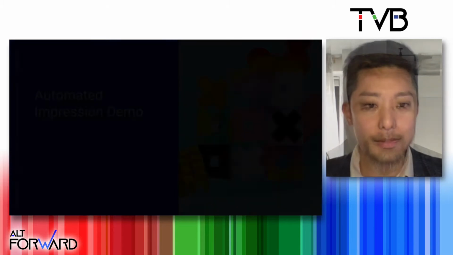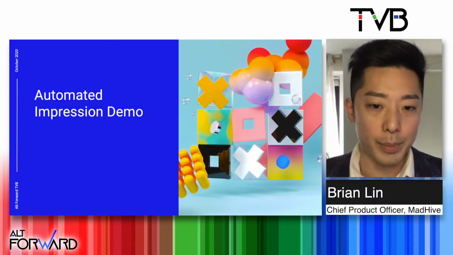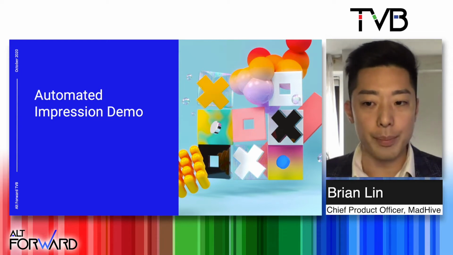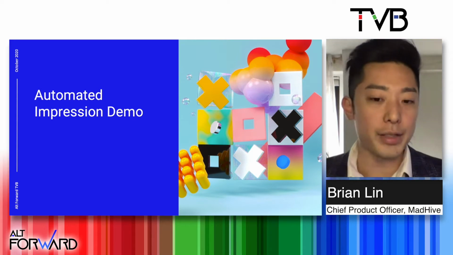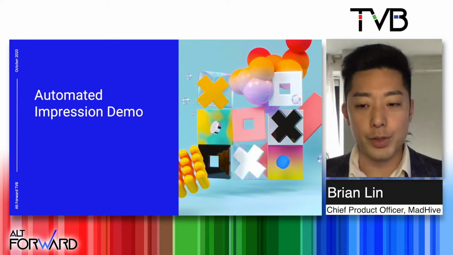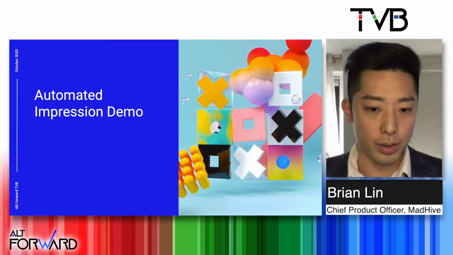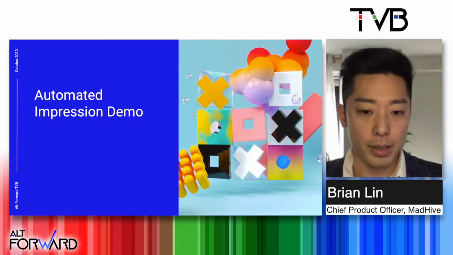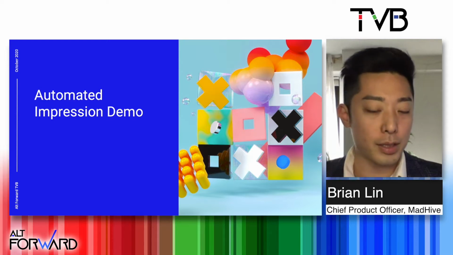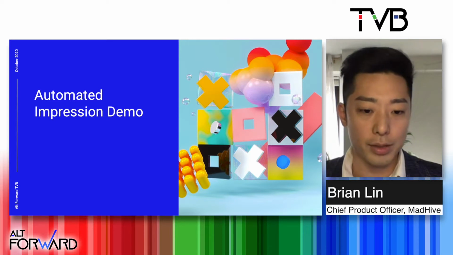Thank you. Hi, everyone. Thanks for the opportunity to speak to you today. My name is Brian Lin. I'm the Chief Product Officer at MadHive, a software platform that uses next-generation technology to power advanced advertising. MadHive is the first and only end-to-end platform specifically designed to help television go digital. As the Chief Product Officer, I oversee MadHive's product strategy, development, data science, and enterprise implementation. My team is continually focused on building advanced products to power our local broadcast station group clients.